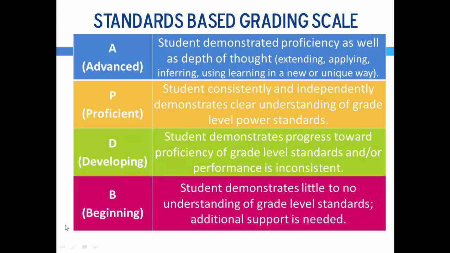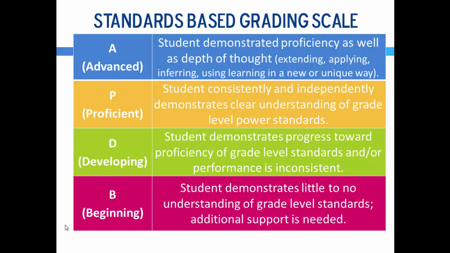So what does this look like in the grade book? You will see one of 4 ratings: advanced, proficient, developing, or beginning, and those mean different things. So as Joanne mentioned, an advanced means that they're demonstrating proficiency on grade level, but it has a greater depth